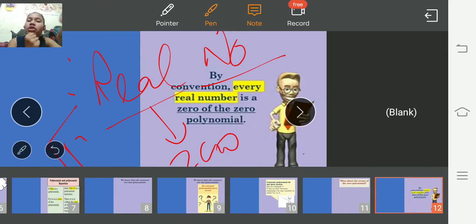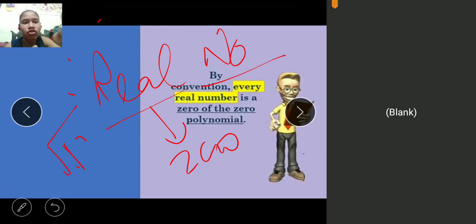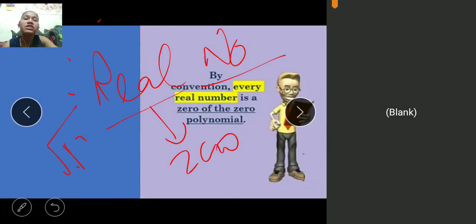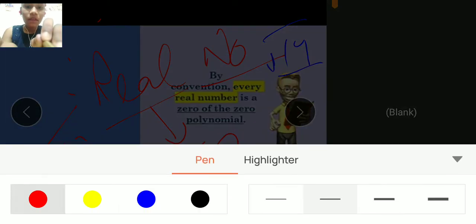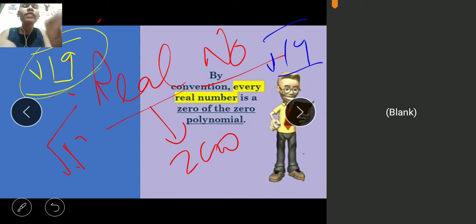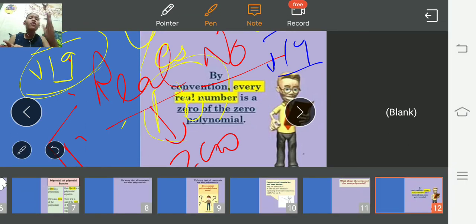I'm giving you a question and you have to give the answer in the comment section. I'm going to tell you, but you have to tell me first. Just see your question. It is root 19. Root 19 is your question. You have to tell me, is it the zero of a polynomial? Just write the homework answer, yes or no. I want the correct answer, guys.